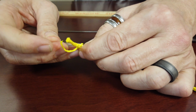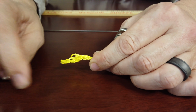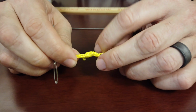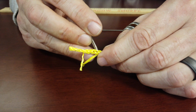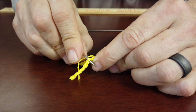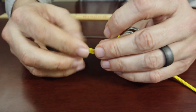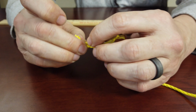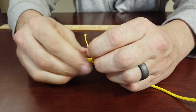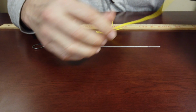So I'm going to grab another strand, and I'm going to pull that out. And we need one more strand. So we have separated out 3 strands, and we kept this from getting too fluffy. So then it comes time